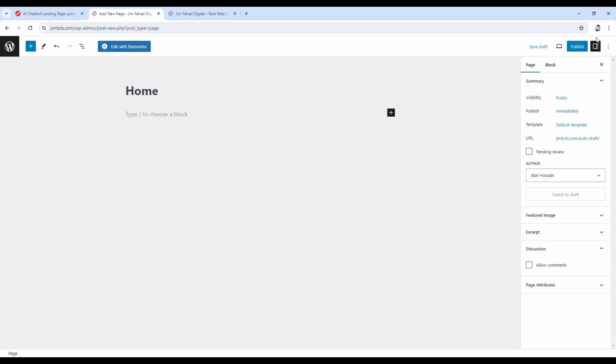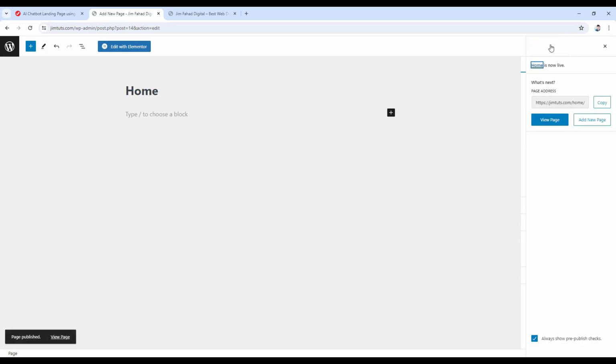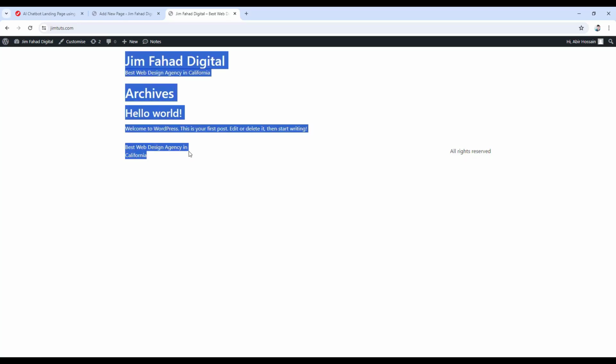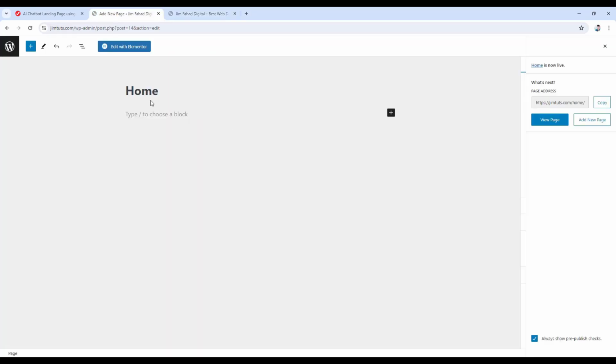Then let's just click on Publish from here and then click on Publish again. Now even though it's saying Home is live now, if we go to the front end of our website and then refresh the page, you can see that the home page that we just created and published is not showing here. That's because WordPress shows this post by default, which is the blog post of our website. But we want to show the home page,